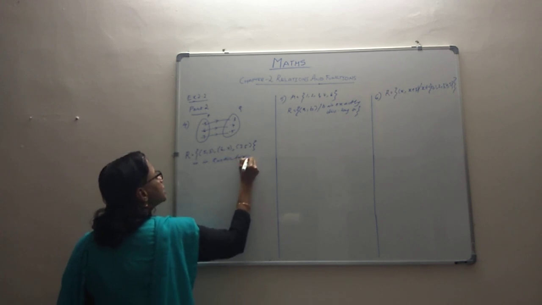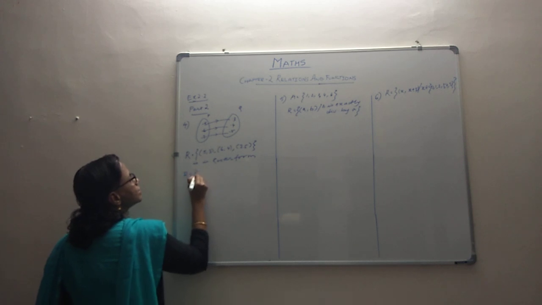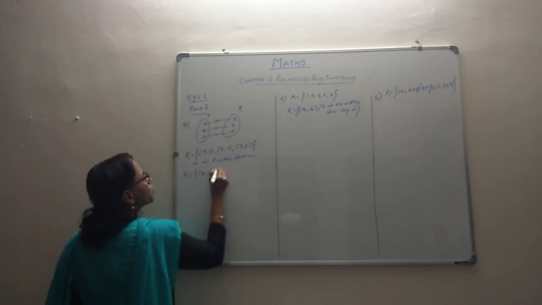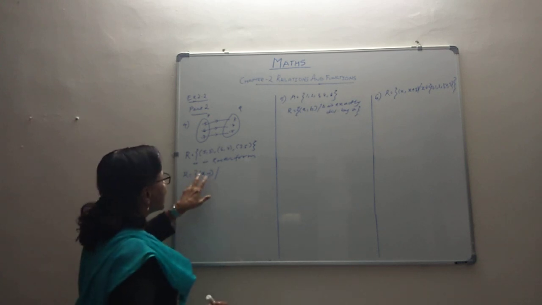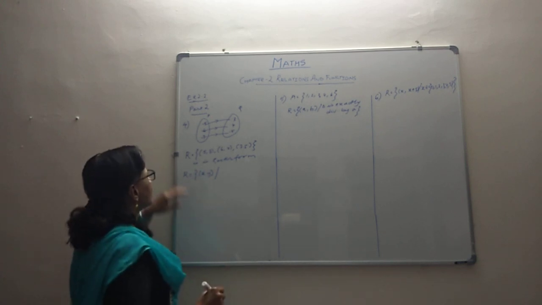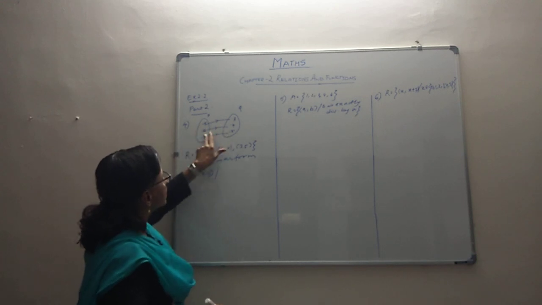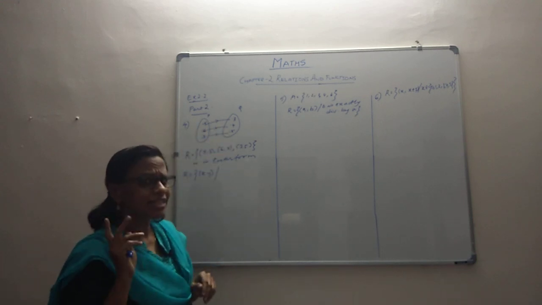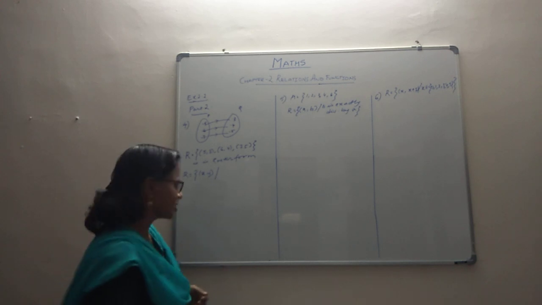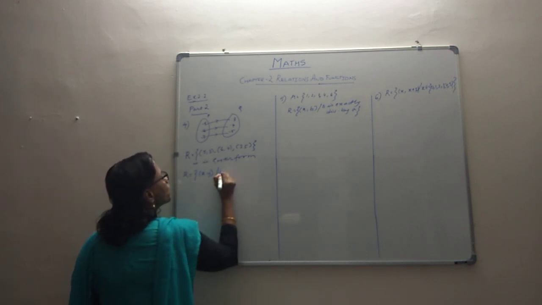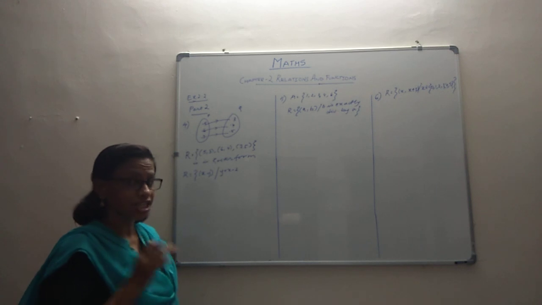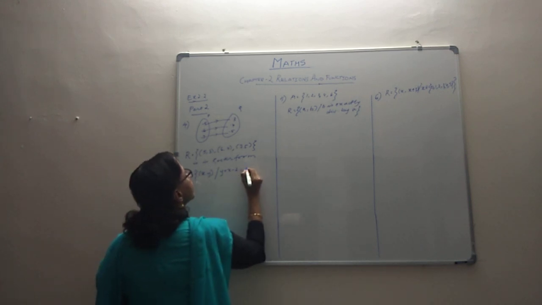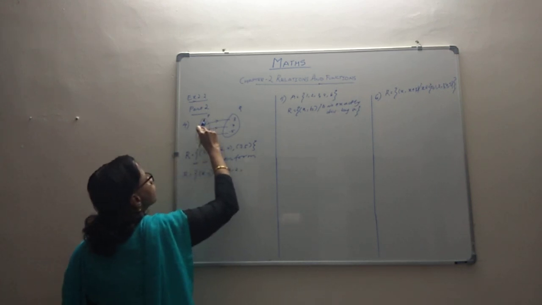Okay, now for set builder form, generally the way of writing is x comma y where, right? So how are we going to write? Can we see any relation between x and y over here? Between x and y, 5 3, 6 4, 7 5. Can we see that the difference is always 2? So we will write where y is x minus 2. And then for x and y you also have to tell what is its condition. You can say that x is taking values 5, 6 and 7.